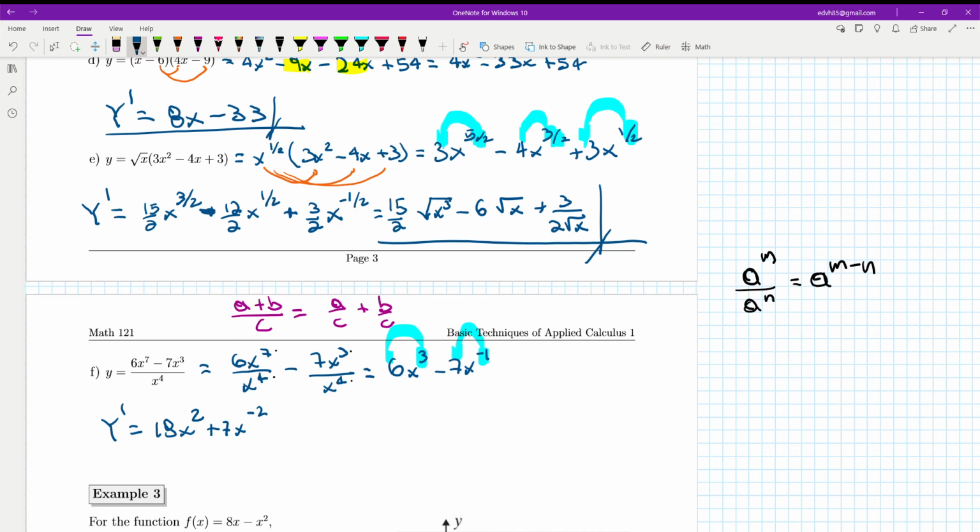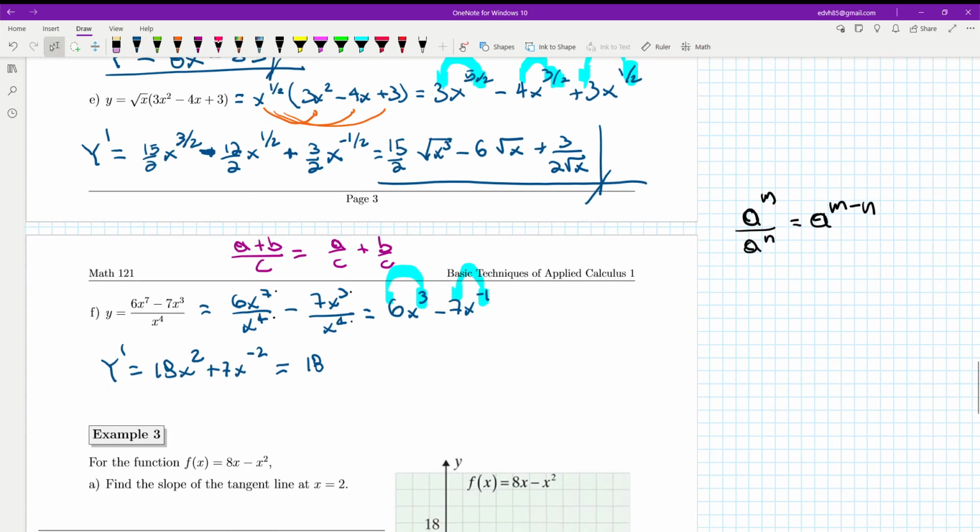And we are essentially done with the calculus. Just clean up the negative exponents. That's going to give us 18x squared